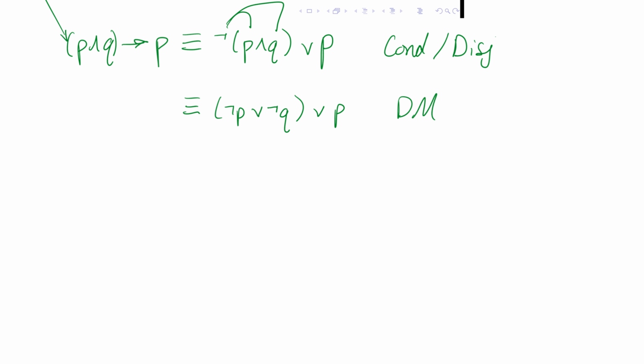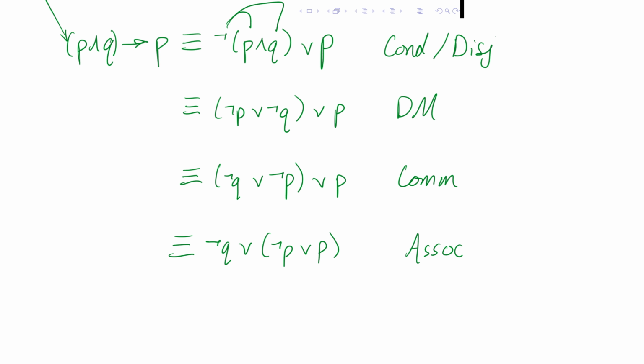Now, it seems perhaps intuitive that if we could get the negation p and the regular p together, that we could do something nice with those. To get them together, though, we have to kind of switch things around. So I'm going to maybe start by using commutativity on the first disjunction. And so swapping things around brings the p and negation p closer together. That's a nice thing. We also want to group them into their own parentheses, so we'll use associativity to do that. Now that it's here,